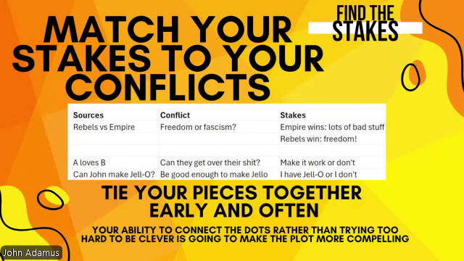So if our tension issue or source is A loving B, the easiest conflict in a two-person romance is can they get over their respective problems? Can they get over their respective issues to make it work or not? And the stakes are very clear cut. It's either going to work or it's not. And that's enough compelling tension because both characters are motivated to be part of this relationship or not.